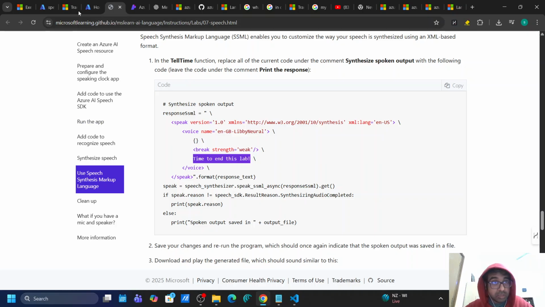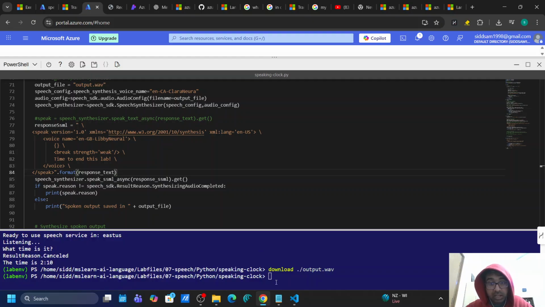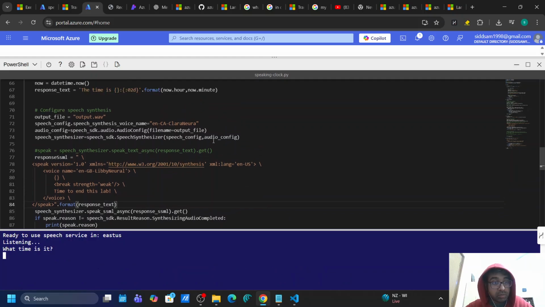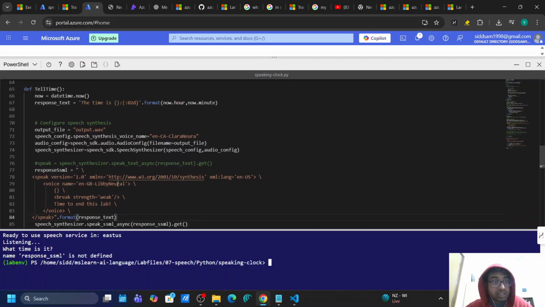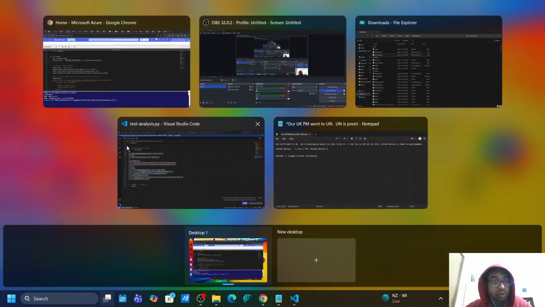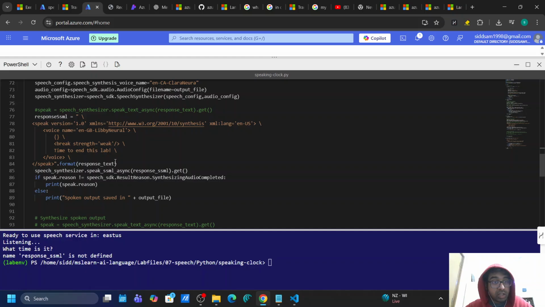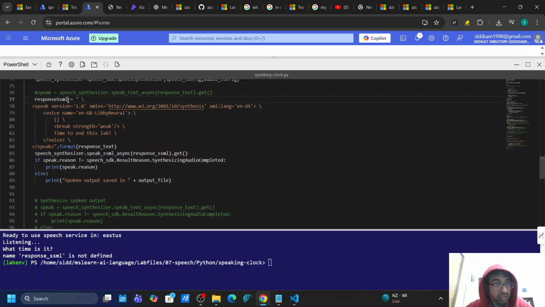So let's try this to understand how it's working. If we save this, then we will check our output file again, and let's run our code. So response SSML, format response text, right? So our response text this time is this. Now we have formatted that with our time to end this lab. So response SSML is not defined. Yeah, because that is capital S. Okay,